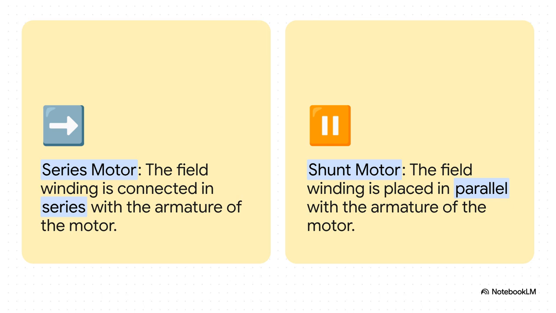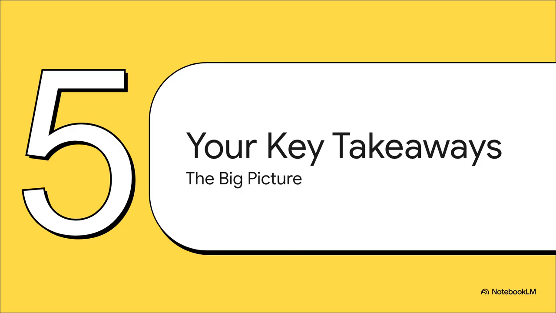Now that might sound like a small change, but it has a huge impact. Series motors give you incredible power right from the start. That's why they're in power tools. Shunt motors, on the other hand, give you a much more constant speed, which is great for things like fans or conveyor belts. Whew, okay, we've covered a lot of ground pretty fast, so let's just zoom out for a second